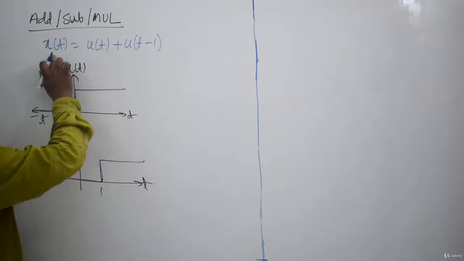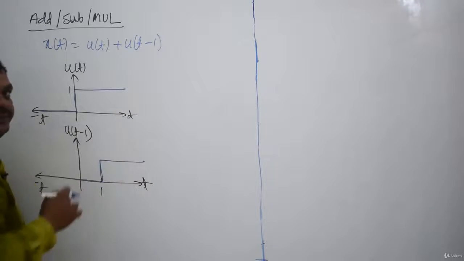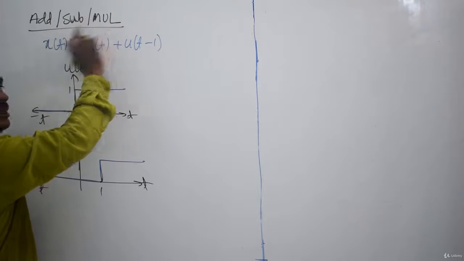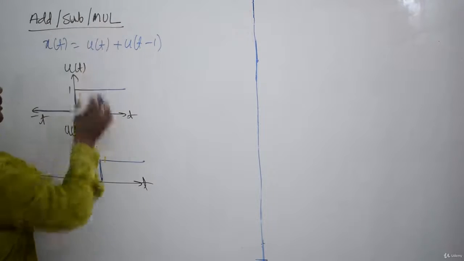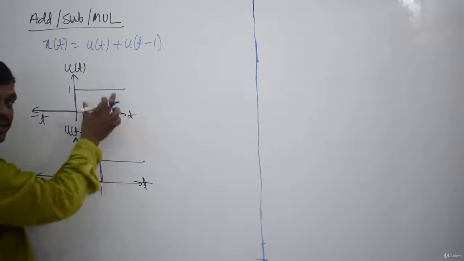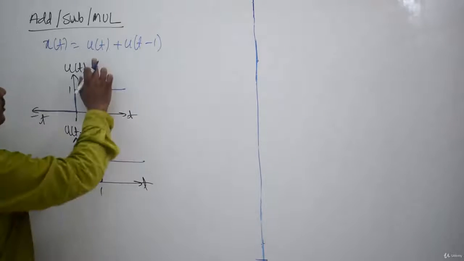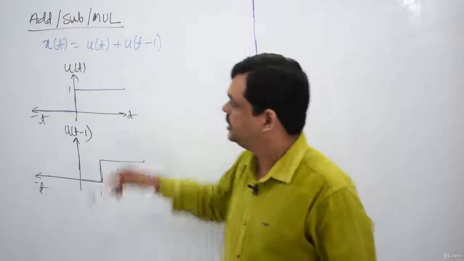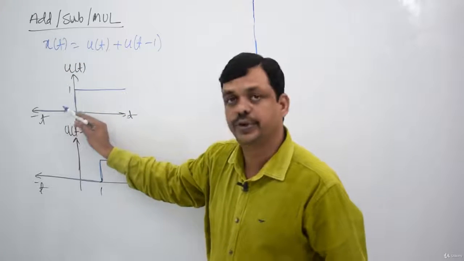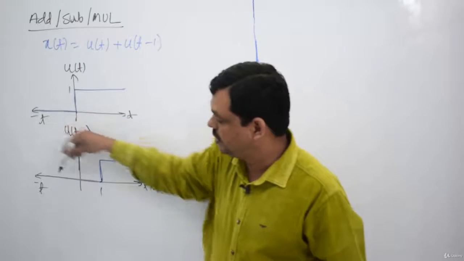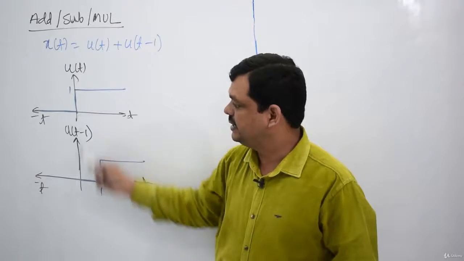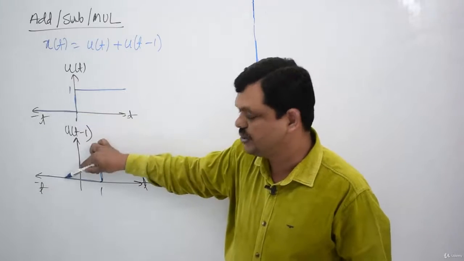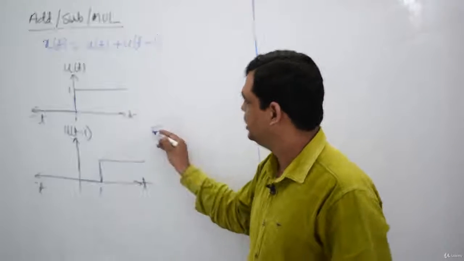Now the other signal required is x of t. This x of t is the summation of these two. Addition, subtraction or multiplication operations are all performed on amplitudes in a particular time period. So here we have to perform addition of the amplitudes of these two. For t less than 0, both functions have amplitude 0, so the addition of these two is 0 plus 0, 0. So the resultant signal